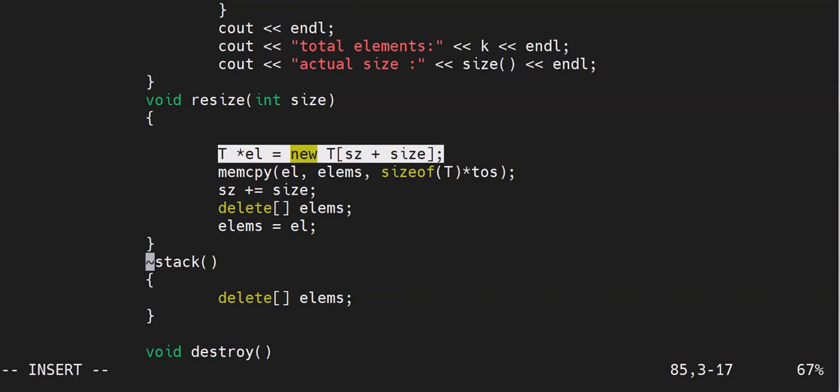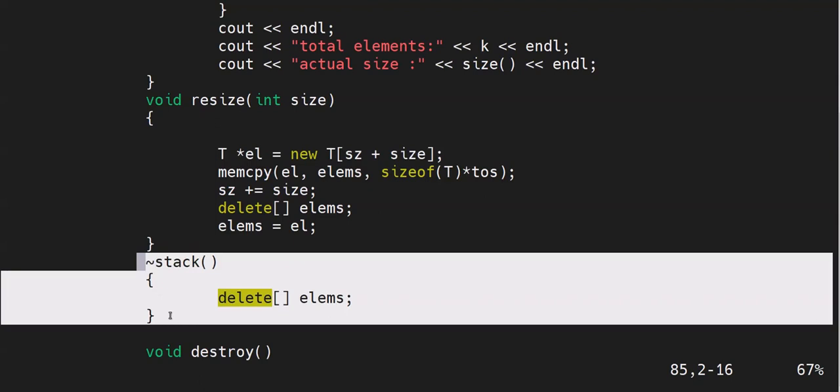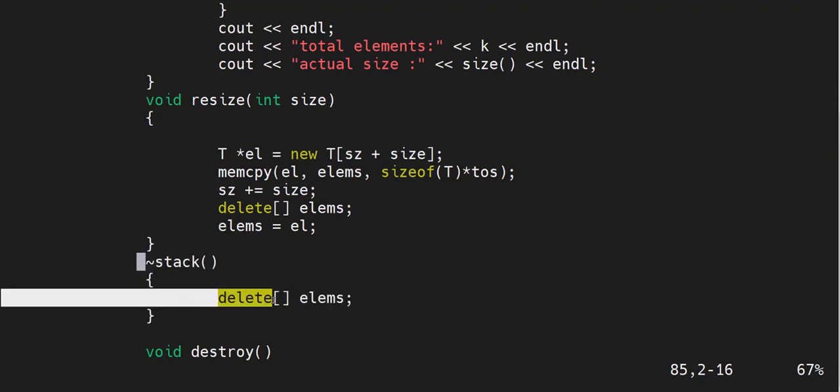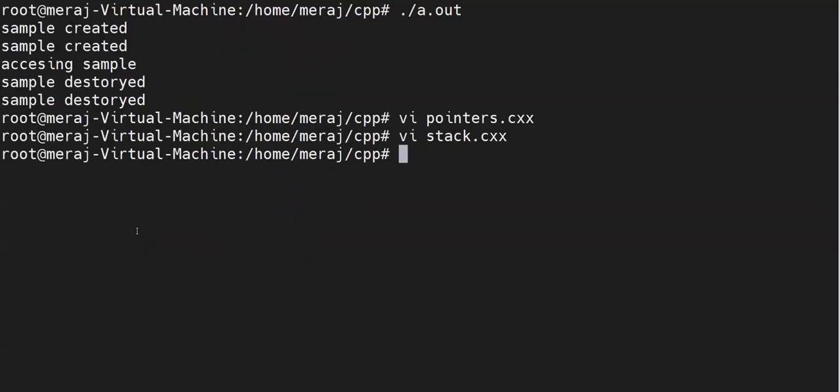That's how heap memory is helpful when you're working with a huge number of objects. For example, most of your C++ STL containers make use of dynamic memory or heap memory to accommodate such requests. That's where you have to make use of heap memory. Now if you observe, when our stack gets destroyed, our elements also get deleted. So it's your responsibility to delete the memory allocated from heap.